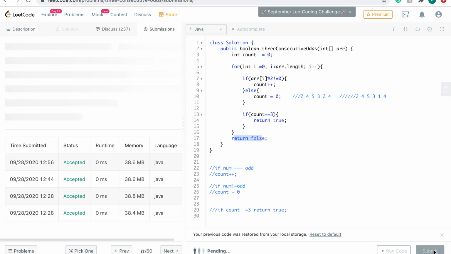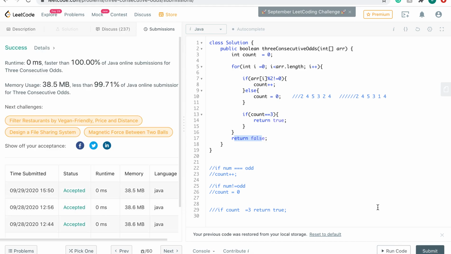Let me just submit it. And yeah, it's pretty fast. 100 ms,